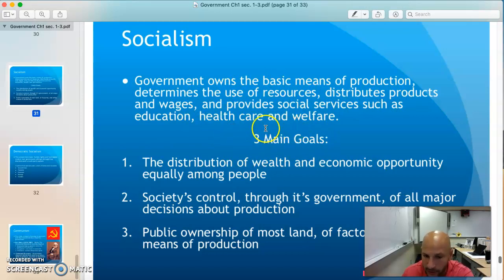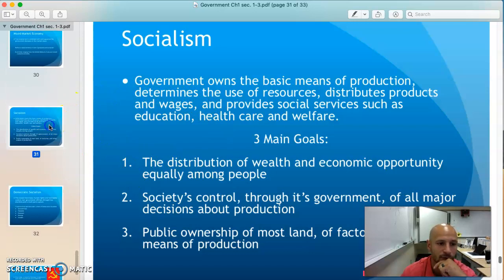People are going to be working, but the capitalism part's going to be taken out. So people aren't going to get real rich. When it comes to socialism, there's going to be this large middle class. You might be on the upper end of the middle class or the lower end, but everybody's going to be in this middle class. And the government's going to take from the rich and give to the poor and bring people right into the middle. Socialism and the three ideals of that.